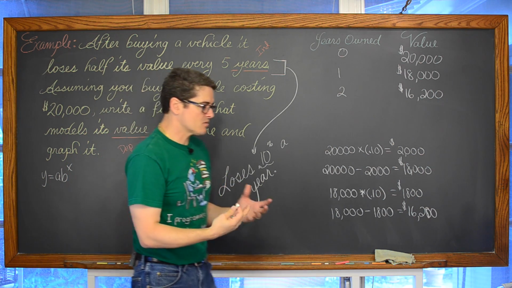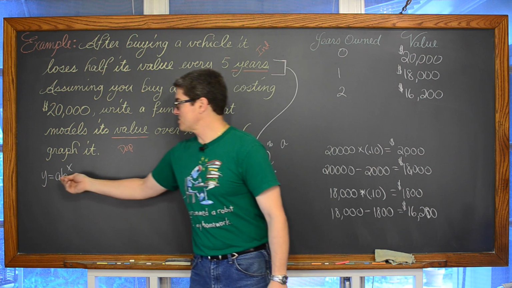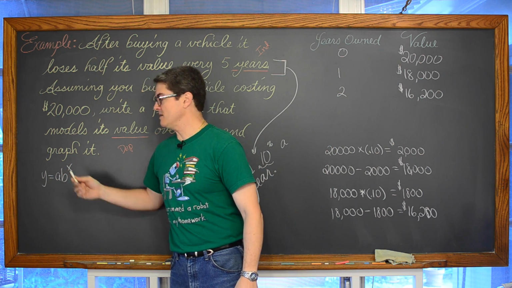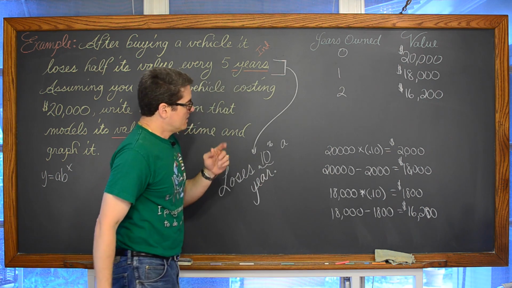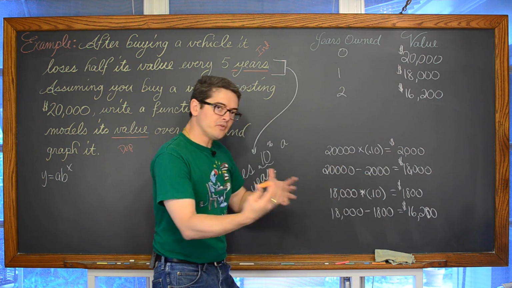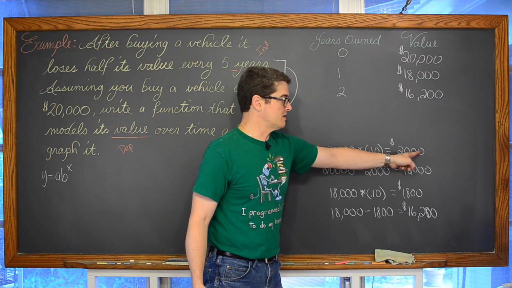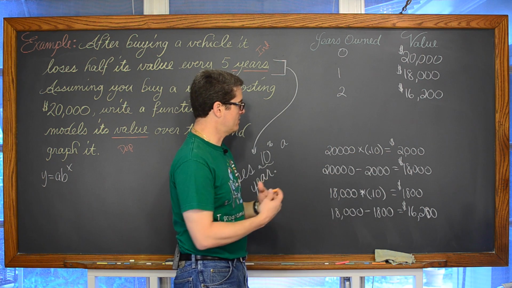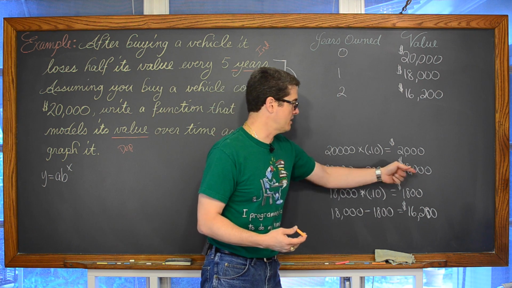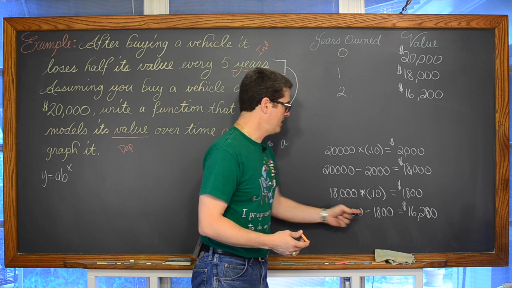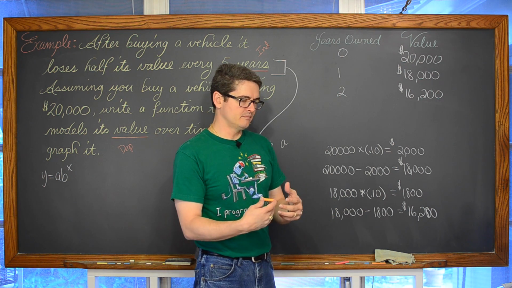Now, I need to tie this around. I'm showing you a pattern and showing you how to create this table, but I need to turn it around to letting you see how we get this y is equal to a times b to the x. Hopefully you can see how I'm taking some value, like initially we started with 20,000, I multiplied it by 10% to get the amount that we've lost on the value of the vehicle, and then I had to take that 2,000 and subtract it back from the 20,000 to get the 18,000.